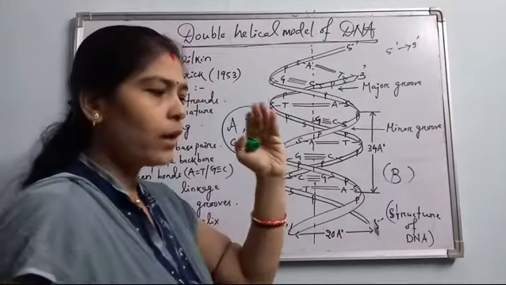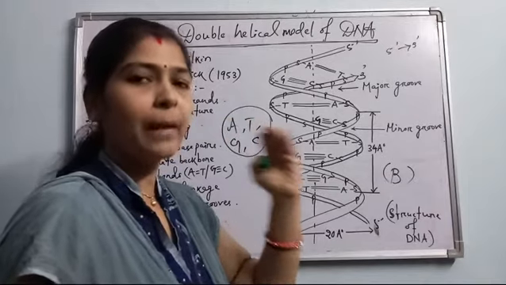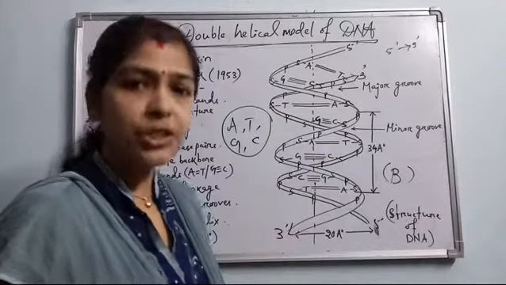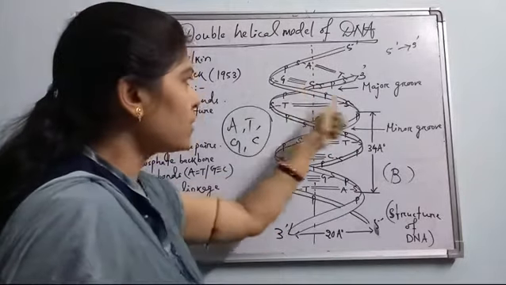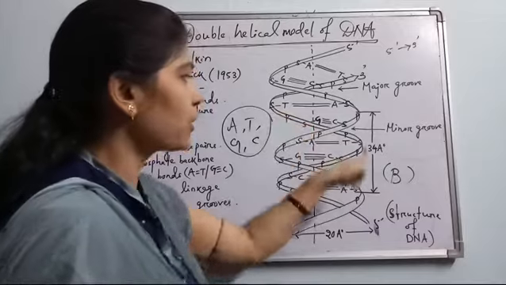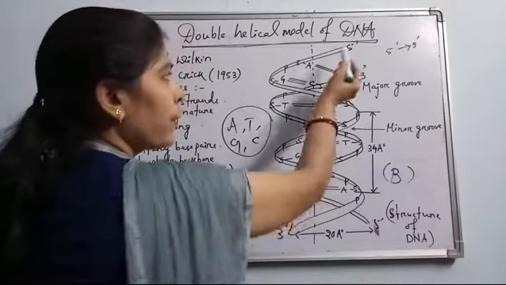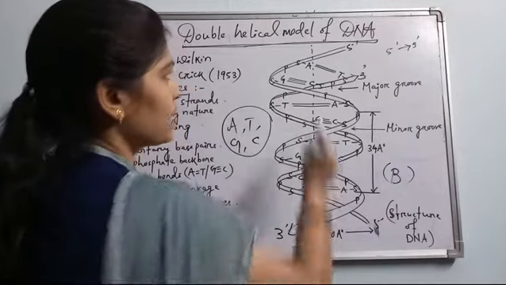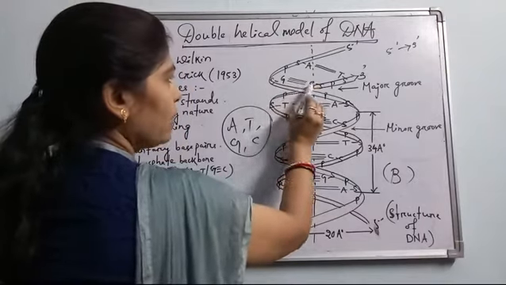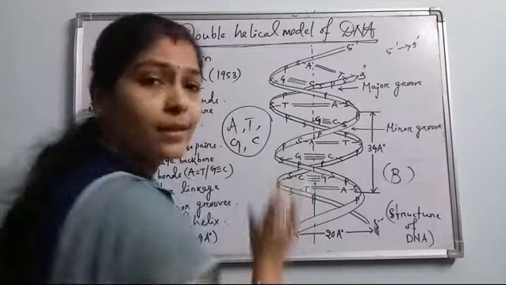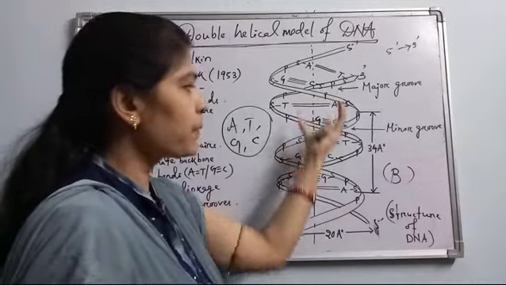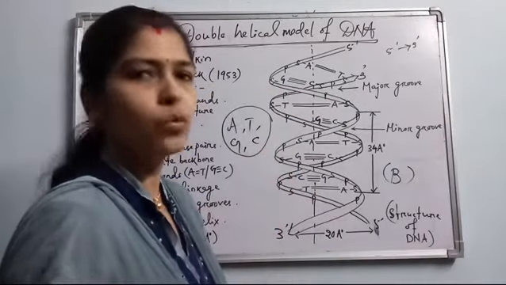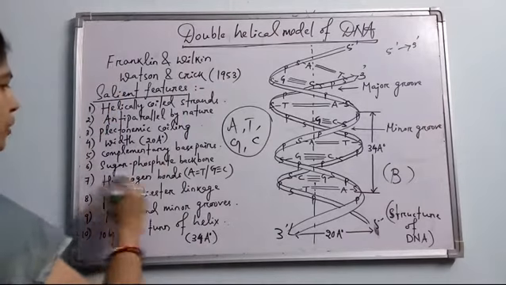Why? Because the 3' OH of one nucleotide's sugar forms a nucleophilic attack on the 5' phosphate of the next nucleotide to form a polynucleotide chain. These two polynucleotide chains are formed. So in the periphery region, the sugar and phosphate backbone is there, and the nitrogenous bases, adenine, thymine, guanine, cytosine, are present towards the center. The nitrogenous bases carry the genetic information, whereas the sugar and phosphate play the structural role. So this is the sugar phosphate backbone.